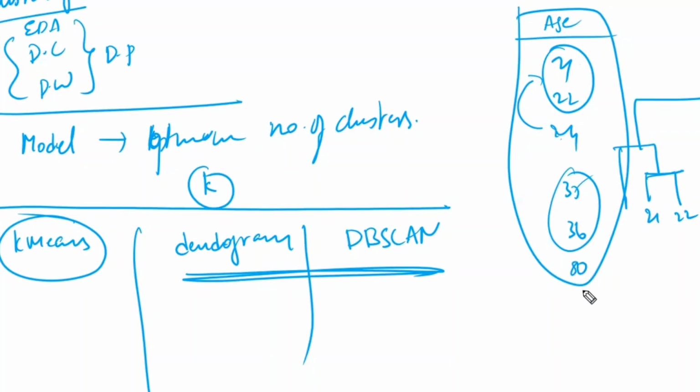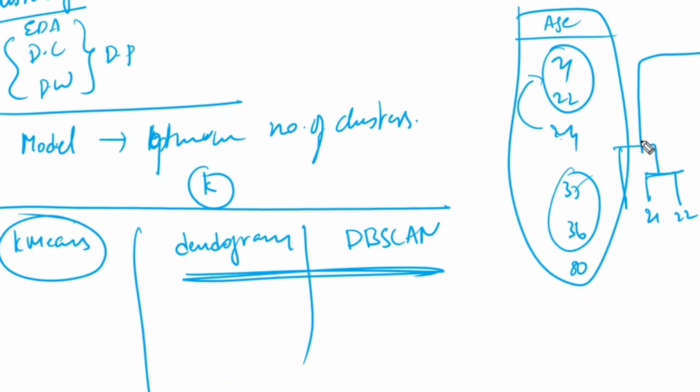One of the students is 80. Now, automatically, the dendrogram is going to convert like this. Whenever the 80 is there, the dendrogram is going to be automatically like this. It is going to include everything. Every record will be included. Whether it is included in this cluster or that cluster is the only question, but every record is included.